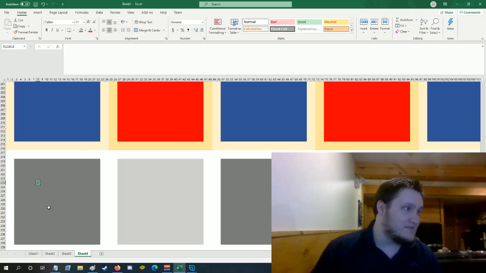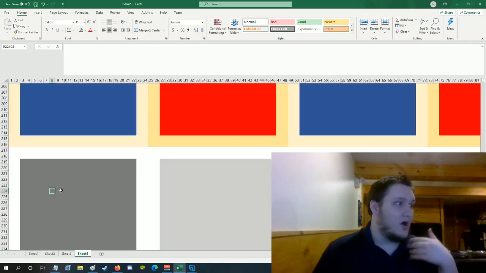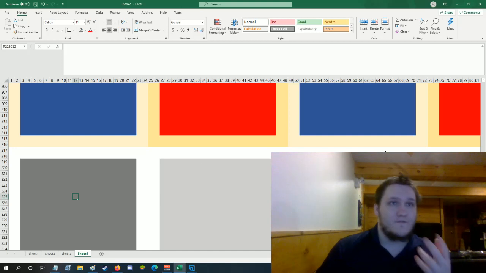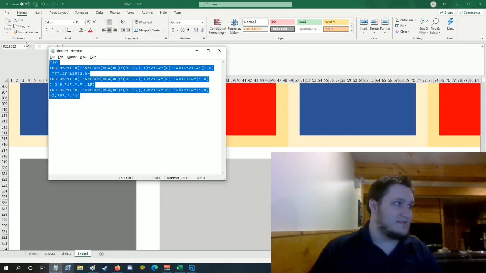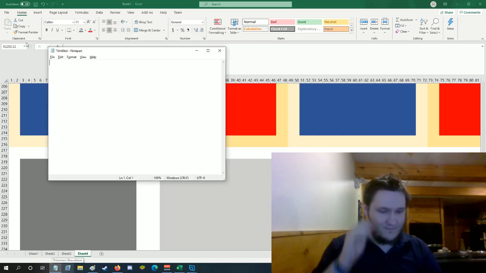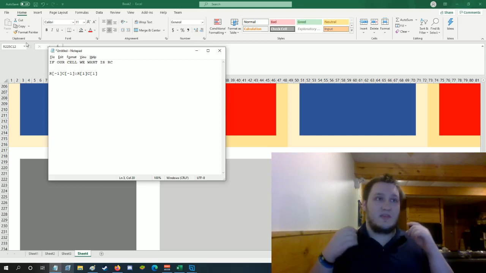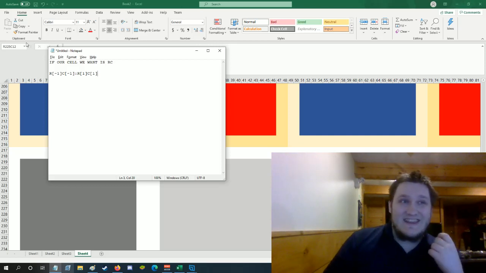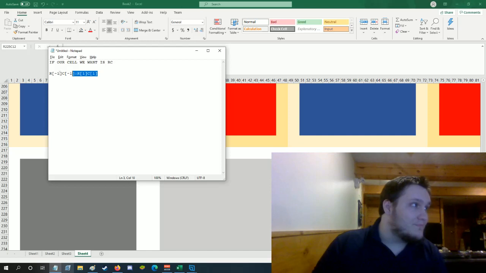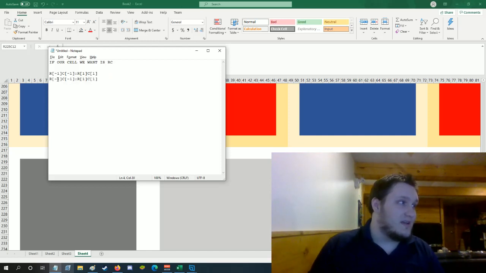Our main reference now is to say, how do we check all the values we need to care about? So, first of all, let's bring up a notepad and say we are going to check if our cell we want is RC, then I want to check row -1, column -1 to row 1, column 1. Those are the 9 within the actual cell. And now is where things get a little bit screwy. We're going to also want to check